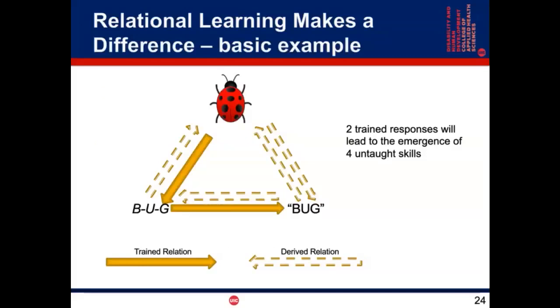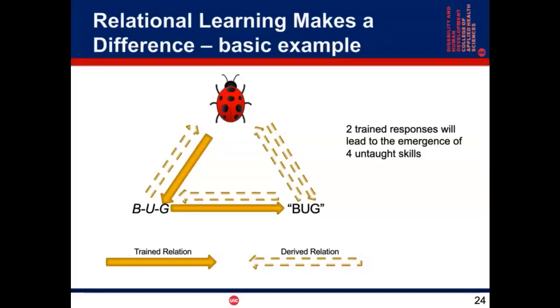This basic diagram, I believe, illustrates the difference between the old way of doing stuff, that ABC thing, and a newer way of doing intervention behaviorally. Again, this is just an example. We could replace the bug with a picture of mom. We could replace it with peanut butter. We could replace it with the entire world. It doesn't matter.